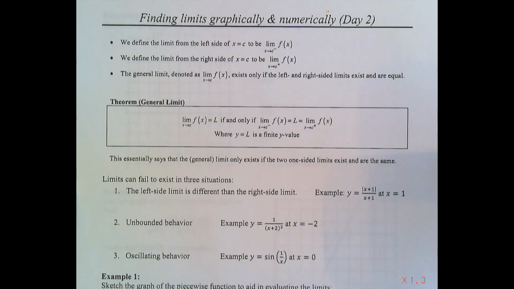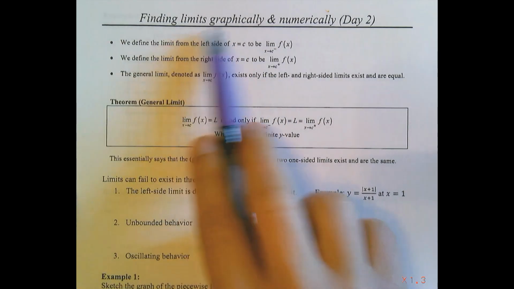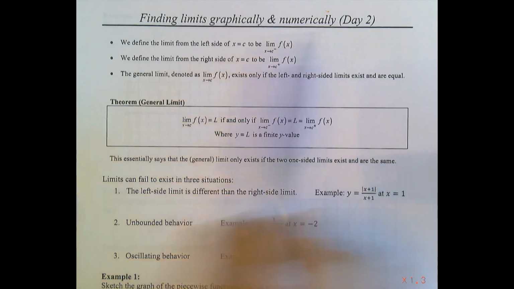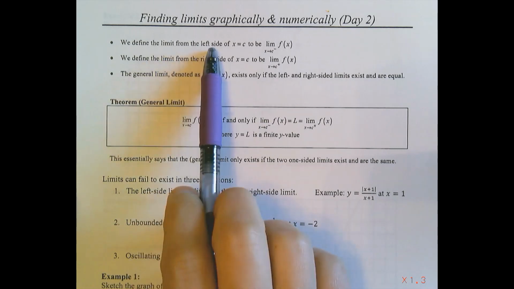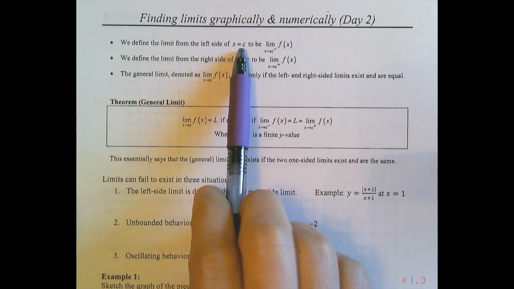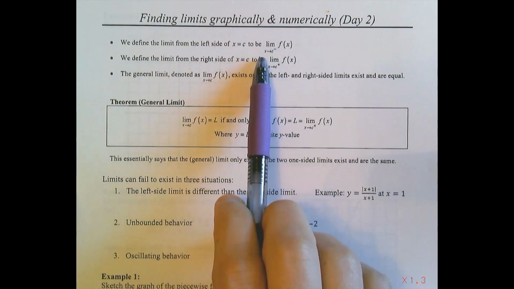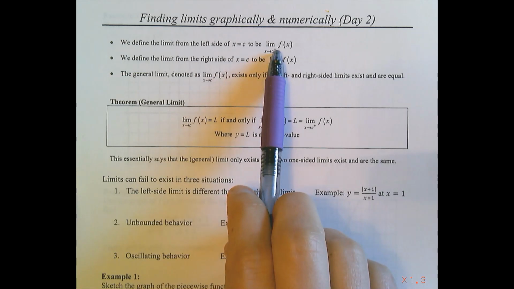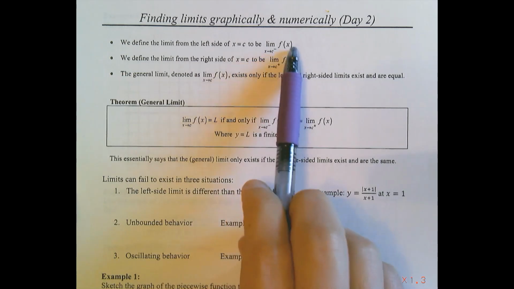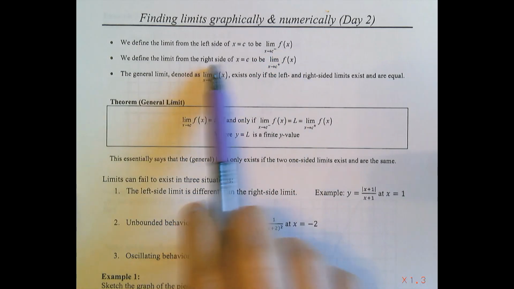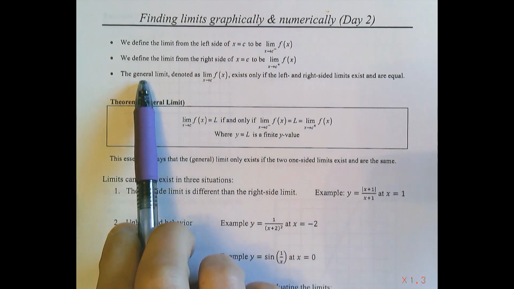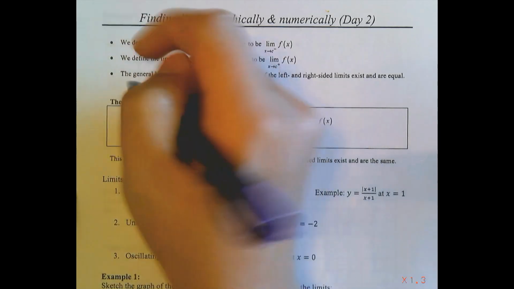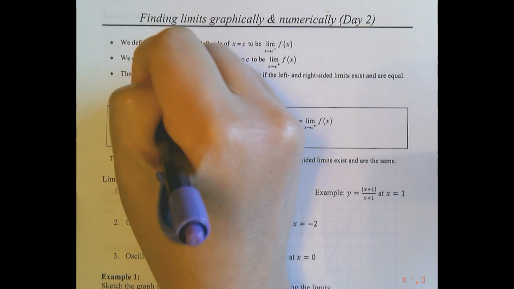All right, today we're going to continue our exploration into looking at limits graphically and numerically. I want to remind you that we refer to the left limit, or the limit from the left side at c, to be expressed as the limit as x goes to c from the left side of f of x. And the right side, we do the same thing. We refer to the right side with a plus, and then the general limit, or sometimes I refer to this as the two-sided limit,